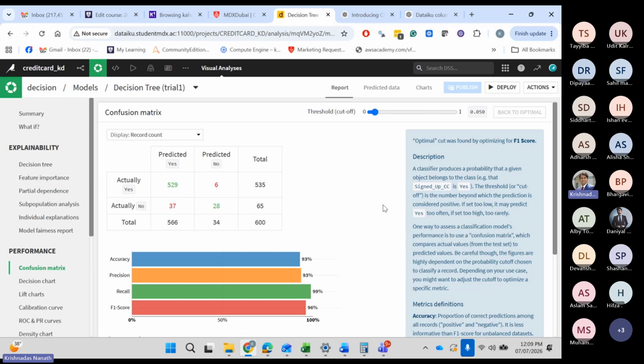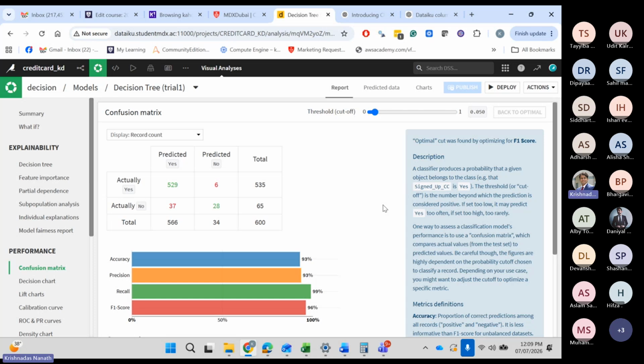And someone would come here and ask you a very interesting question. They would say, forget about your model. Why did you do all this drama? I have a better model for you. Do you want to listen to my model? I would say everything is yes. Whatever customer you give me, I would say they would sign up for the credit card. Even with that model, I could achieve great results. Are you getting my point?